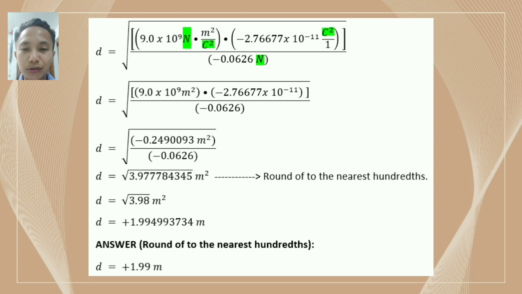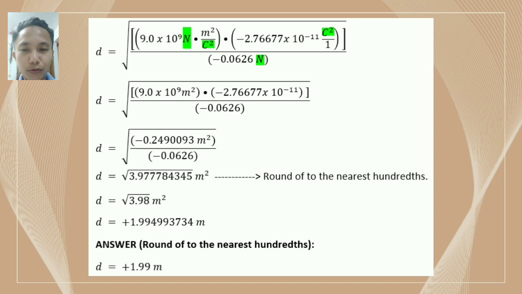0.0626. Now you'll get the square root of 3.977784345 meter squared. Of course, if you will get the square root, you must first round it off to the nearest hundredths place. Oh my god, I just said negative. Okay, so yes, round off to the nearest hundredths, then you'll get the square root of 3.98 meters squared, which